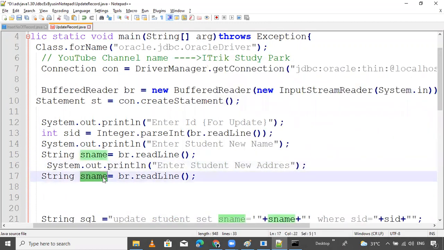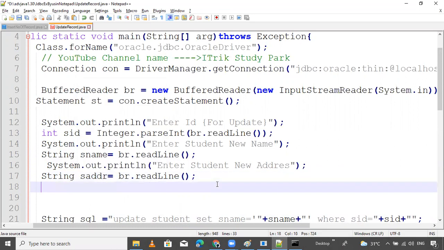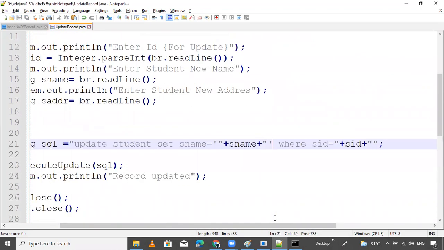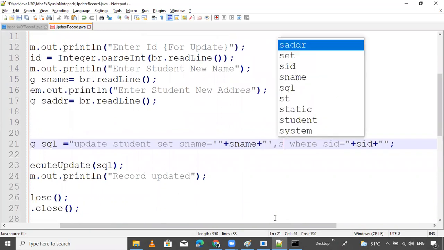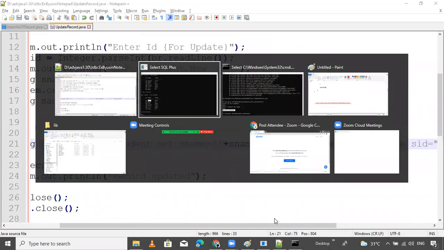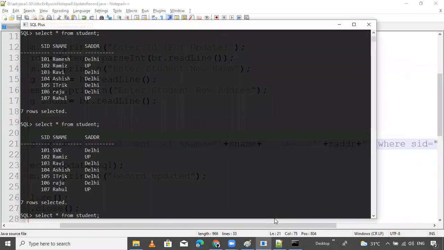Address variable ADDR. Pass this variable here, separated with a comma. ADDR equals single quote, double quote, within the double quotes, double plus, ADDR. It will be updated.